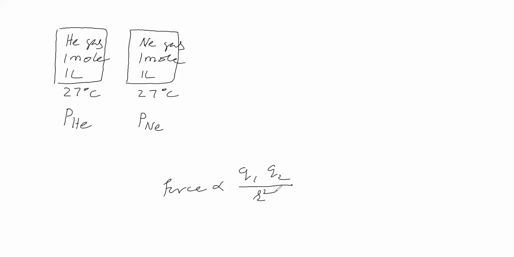So here charges are given: charge of one body, charge of another body, and the distance between them. Charge of one body means, what does helium have? Helium is an atom. An atom has subatomic particles: proton, neutron, electron. You know that protons and neutrons are present in the nucleus. Around the nucleus there is an electron cloud. So if you take two helium atoms.